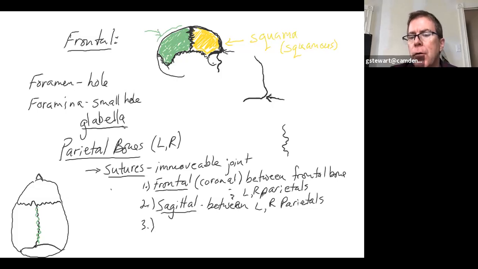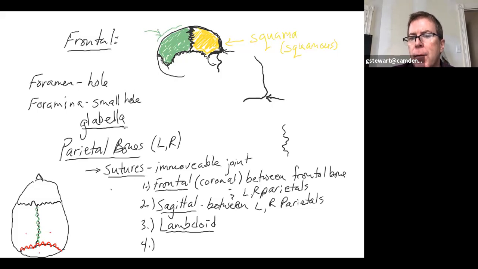Third suture is called the lambdoid, L-A-M-B, like a baby lamb, D-O-I-D. The lambdoid suture, I'll put in red, is this one back here. That is the immovable joint between the two parietals and the occipital bone back here, which I haven't talked about yet. And finally, number 4